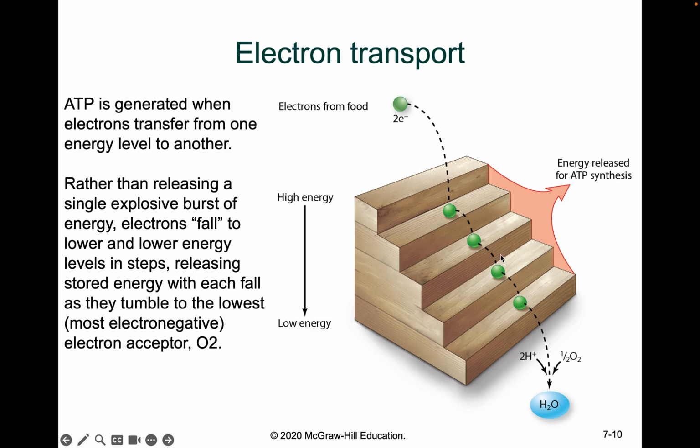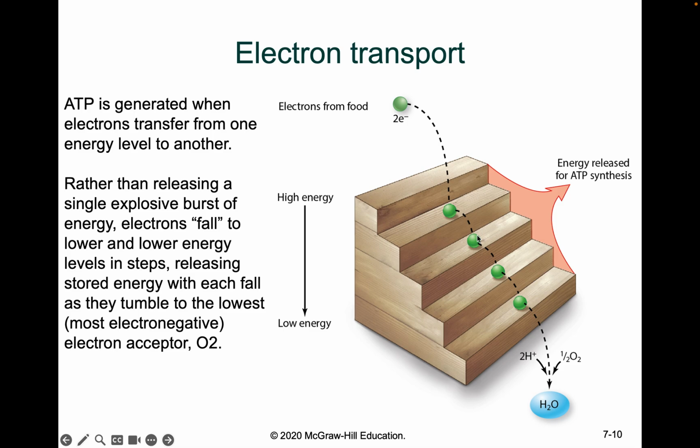So as you can see here, that's very minimal. From here to here you lose a bit of energy and a tiny bit goes as heat. Then here the same thing, a bit goes as heat, here a bit of heat, but the amount of heat that goes in the steps is much lower compared to if the electron went from here to here straight away. So that's why it's very important.